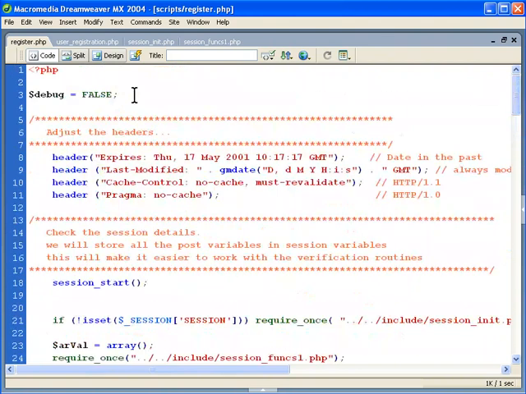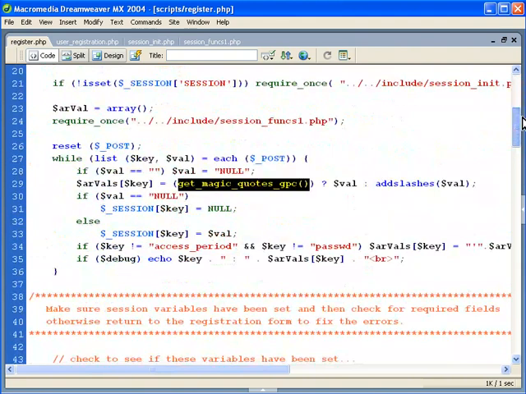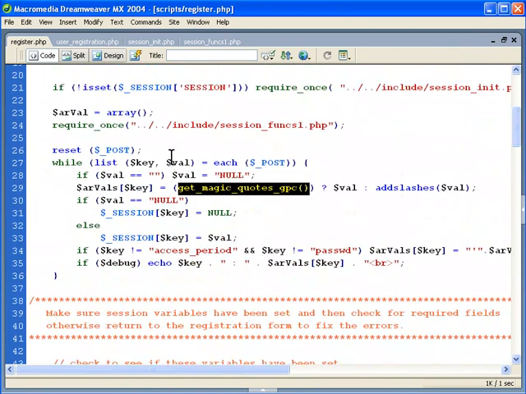So all you have to do is turn this to true or put this whole debug into your include file, and then you can debug your whole application if you wanted to. So that's pretty neat to be able to do something like that. But for the most part, that's just really dealing with the post variables that we get from the client, from